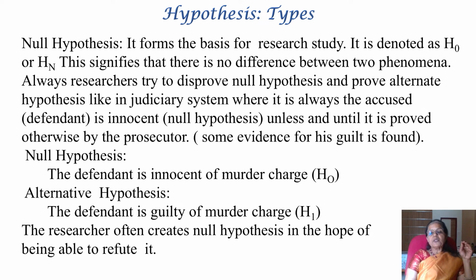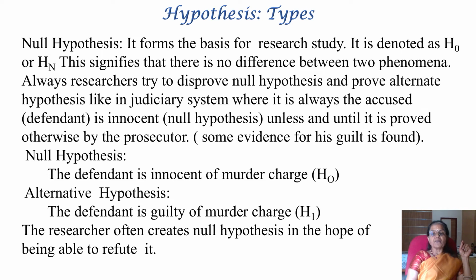There is no difference between the effects of teaching method A and teaching method B. This is another example for null hypothesis, H0. And a corresponding alternative hypothesis would be the effects of teaching method A is significantly different from the effects of teaching method B. So this is the alternative hypothesis, and it is non-directional because it does not say A is greater or B is greater or A is lesser or B is lesser. It just says they are different. So non-directional